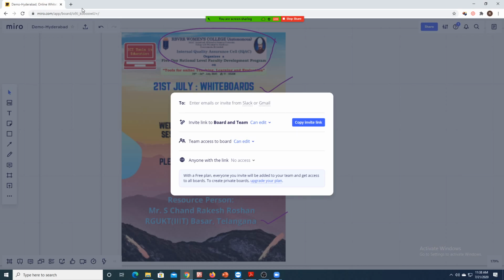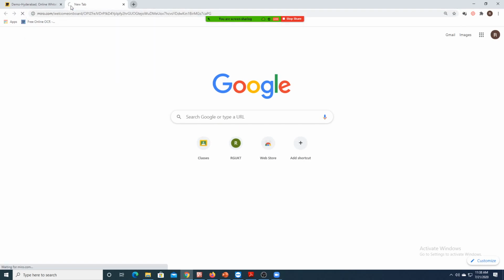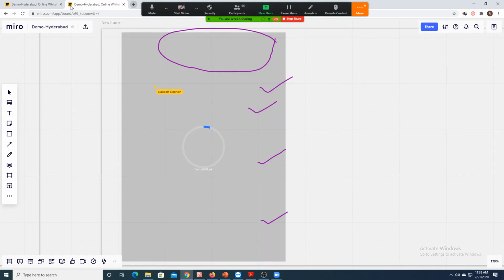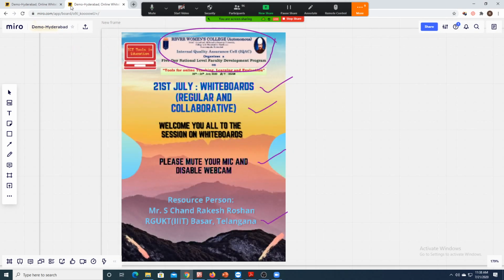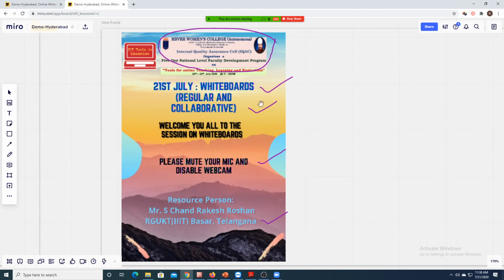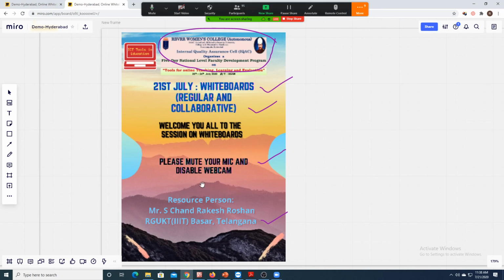As I told you, the main intention of all these whiteboards is brainstorming and discussions, and that is why you have all of these features. You can just use it if you wish: collaborate, give it to your co-teacher, and let her or him also contribute. I'll just show you how it looks. Control V. When your co-teacher or student or whoever contributes, you can see Rakesh Roshan there. Whatever is done so far is done by Rakesh Roshan, and if you contribute something, when I see it, your name would come.